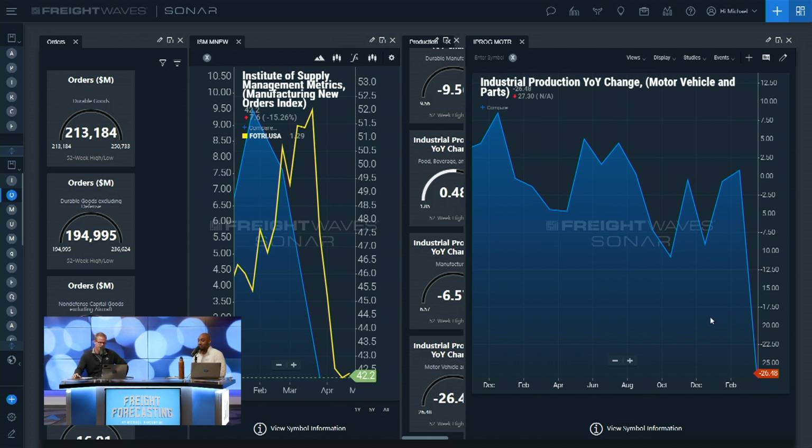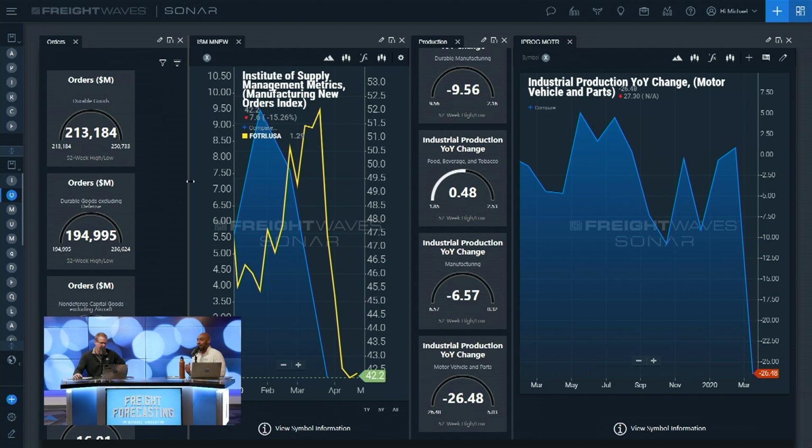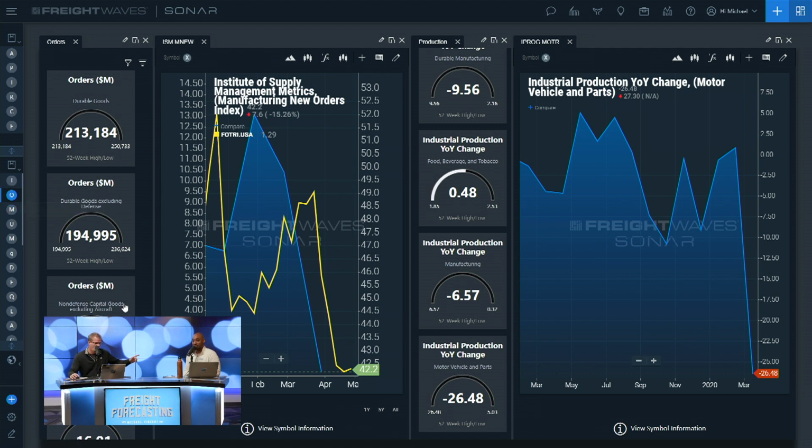But just as you mentioned, you can dissect this by market when you're looking at the different verticals, and that is so paramount. I can't stress it enough. You can really dissect which verticals are moving, confirm it with our data sets to see what capacity is looking like for this equipment type, what volumes are looking like on this equipment type. Then if you're going to chop it up even deeper, start looking at different lanes where you know these factories are running. You're exactly right. Let's move on to the next one. You could go through all the different verticals in both of these, just like when we were looking at the LMI and the PMI. Now,